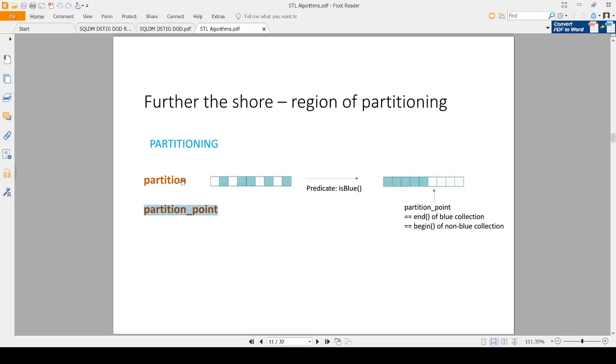So the thing is that once you call partition and have partitioned data, down the road in your code, later, you might not have saved what the partition returned. You might be in some different function. And at that time, if you want to know where your partition point is, you don't have to call partition, which will again partition the data. You can just call partition point and it will return you the same information. Okay, so that is the use of partition point.